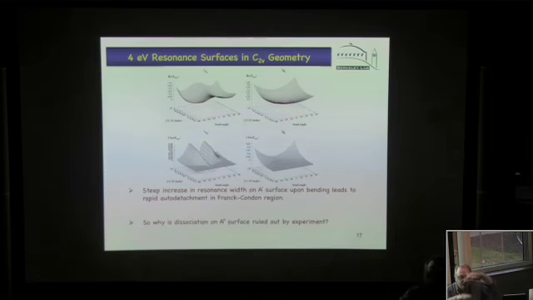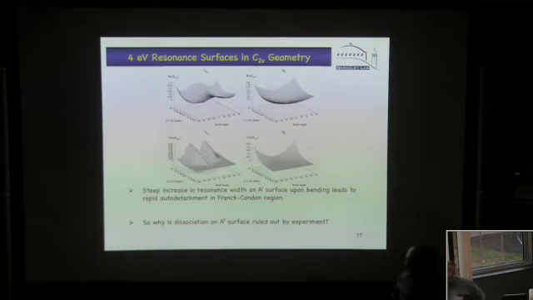So we do some empirical adjustment. If we know the asymptotic splittings or we know where a resonance should be, we adjust the curves accordingly. So they could be self-consistent, but not consistent with respect to the absolute energy. There's only about half a volt difference in the energy between the bent CO2 minus and the linear CO2. That's right. So if you were to stick a few argon atoms on this, like Mark Johnson does, you would turn the anion into a real bound state.